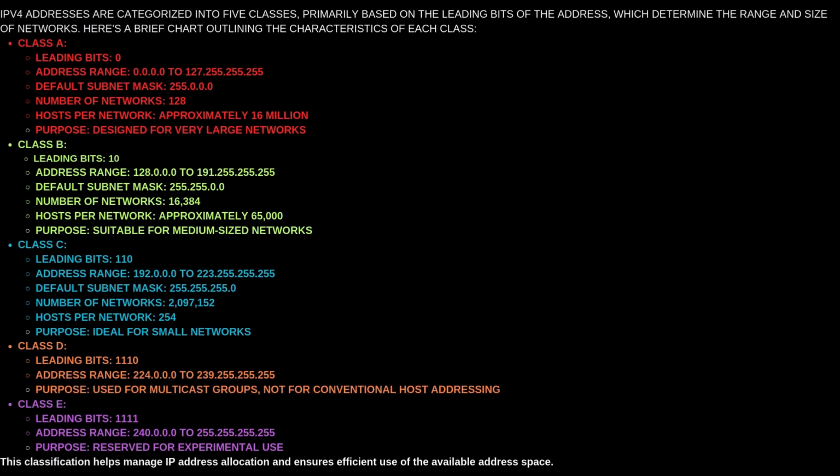In IPv4 addressing, IP addresses are divided into different classes. This helps organize networks based on their size and purpose. There are 5 main classes. Class A, for large networks. Its addresses range from 1.0.0.0 to 126.255.255.255. Class B, for medium-sized networks, with addresses from